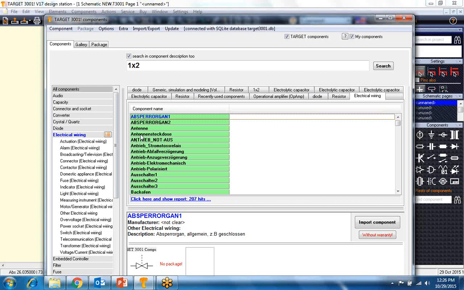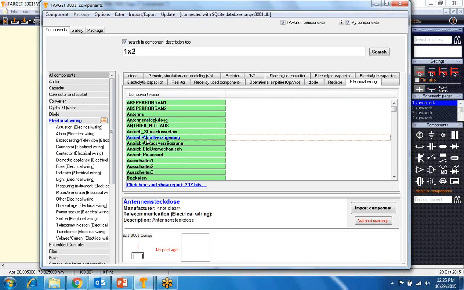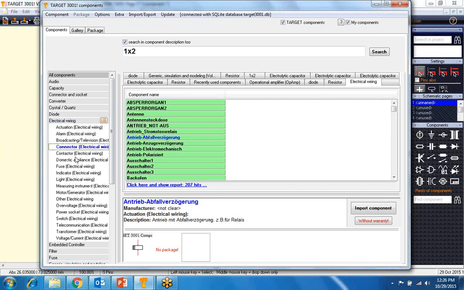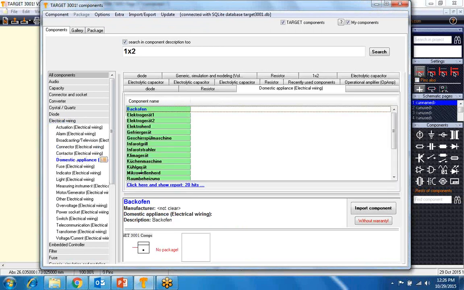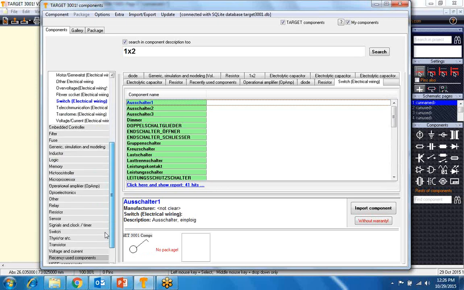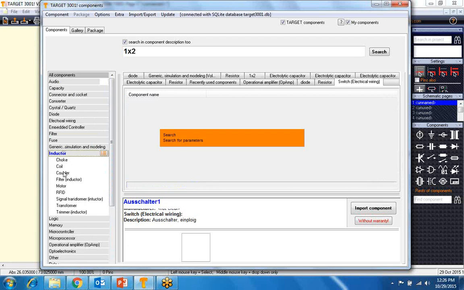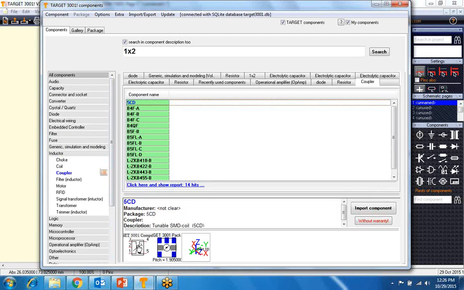So these are the components. When you click on any of the components, you can see the schematic view of that component, schematic view, package view, and 3D view of that component.